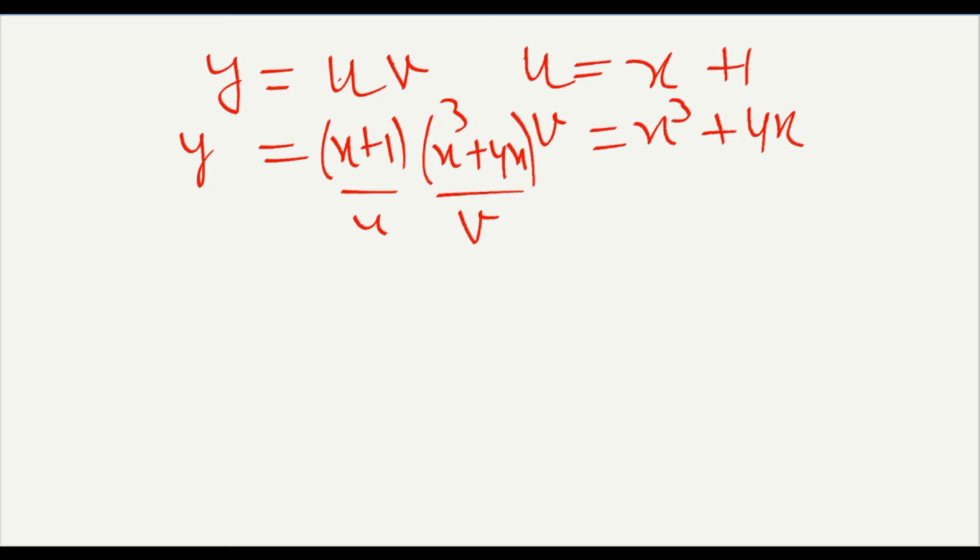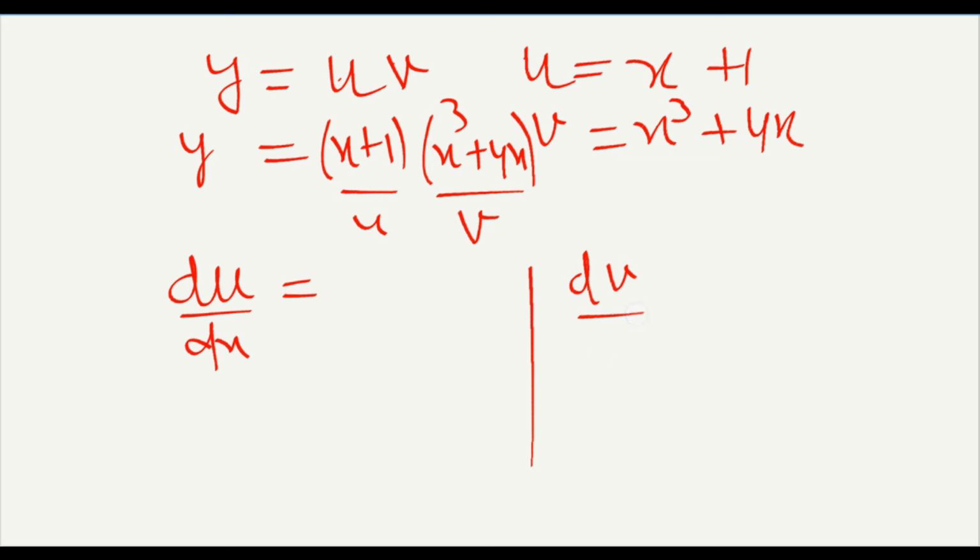Now first of all, take du over dx and dv upon dx. So the differential of u with respect to x is 1 plus 0, this is 1, and the differential of v with respect to x is 3x square